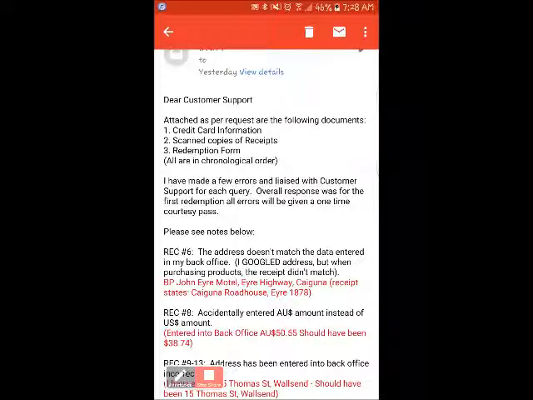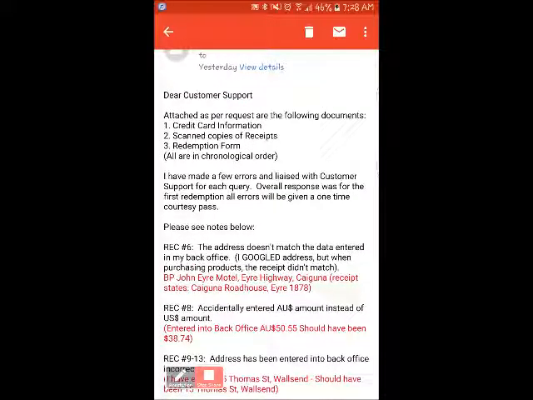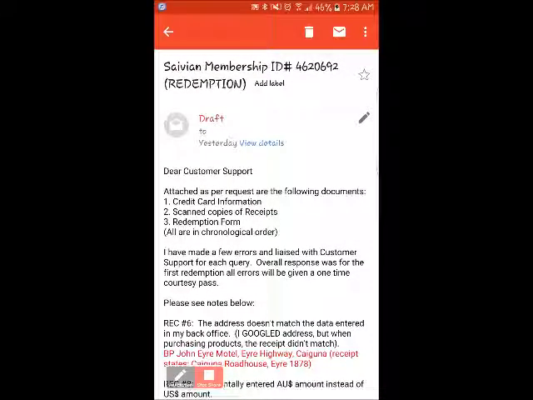Head office is quite lenient when it comes to the first redemption that you make. One-time courtesy pass basically is what it's called. So with my letter that I'm sending to head office along with my paperwork, I've entered all the errors that I've done, and I've done a few. What they need when you are sending your first redemption in, if you check the subject line, you must have your ID number in there. So you can see here,